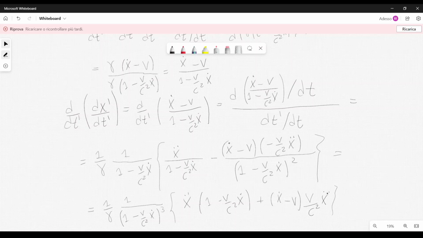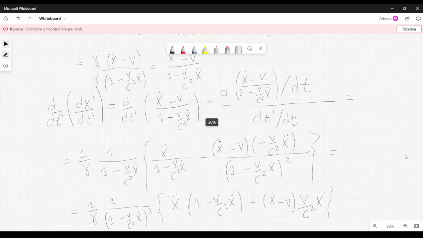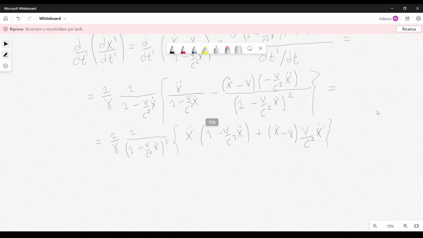And now, noting that x dot is equal to v, we can simplify this expression. So we know that x dot is equal to the velocity, after all, of the electron. So if we replace that, we get that